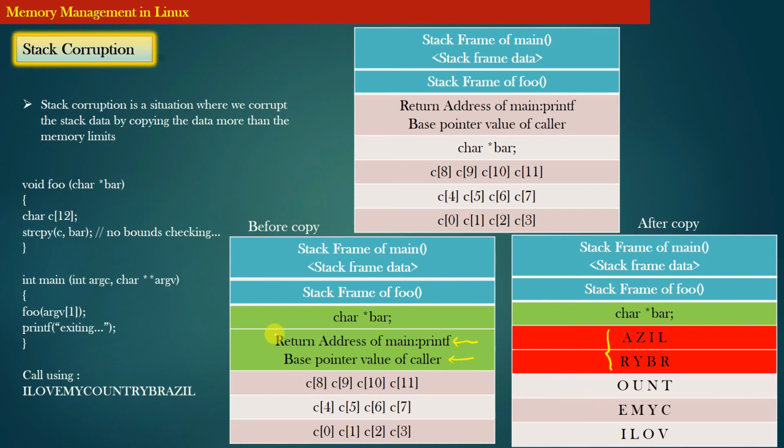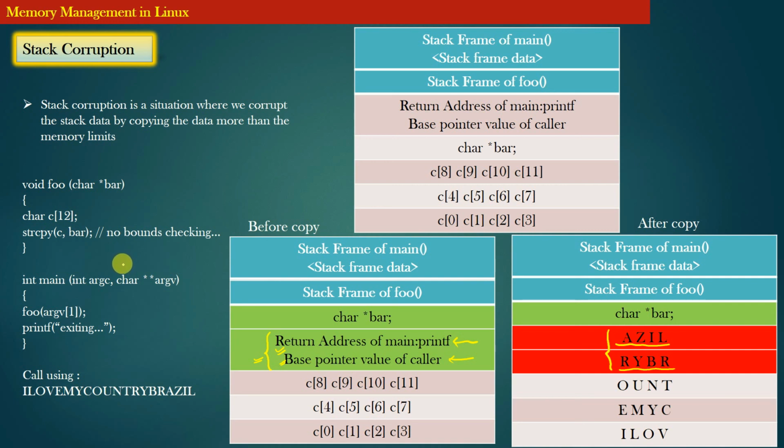Now remember that the return address and the base pointer value are the information required by the caller function to resume its execution when the callee returns. But since the callee itself has corrupted the return address and base pointer value of the caller, when the callee function returns, the caller would not know the return address and its base pointer value because they are overwritten by some junk or garbage. It is for this reason that when the callee function returns, this program will crash. And now we know why this program crashed.